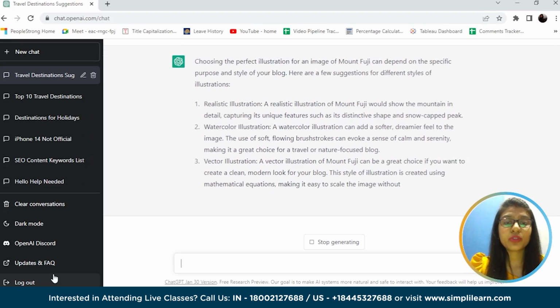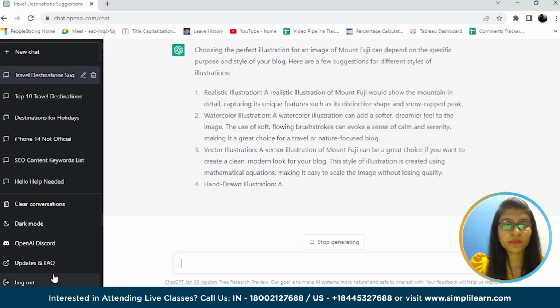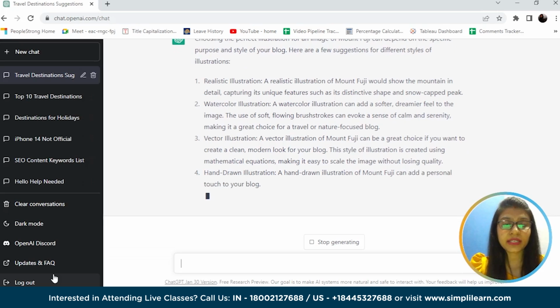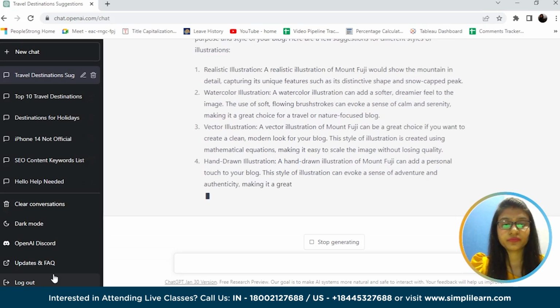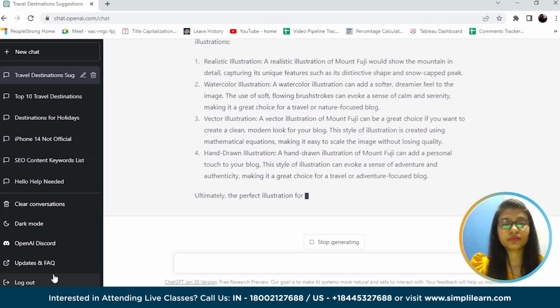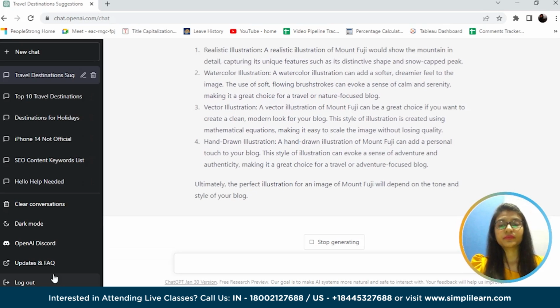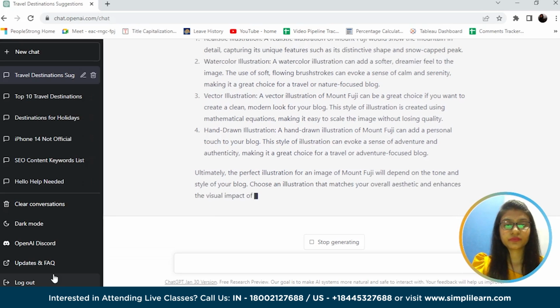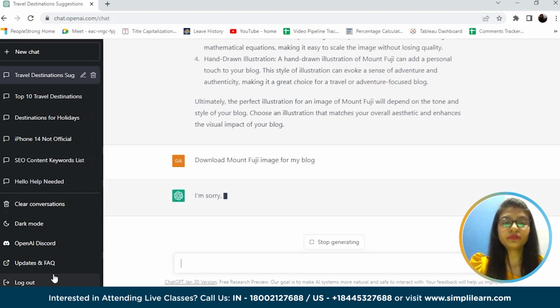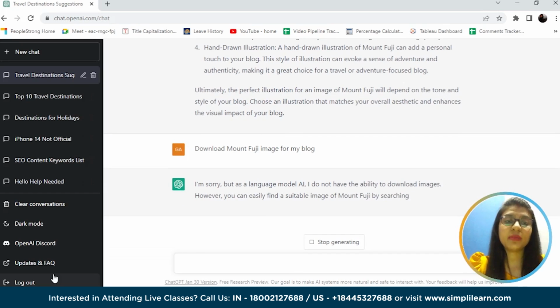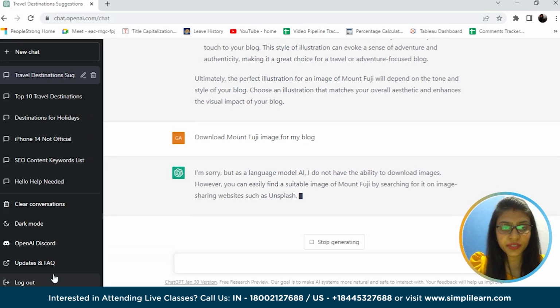We will try to put it in another way to get an image. If it really works, we can get it. Okay, so it is not possible to download or get an image representation using ChatGPT.